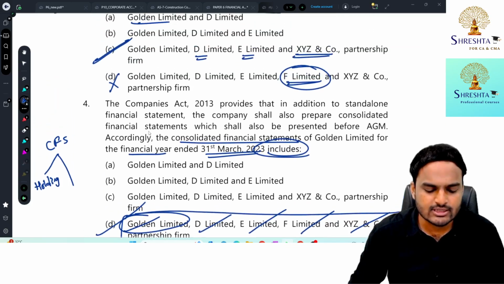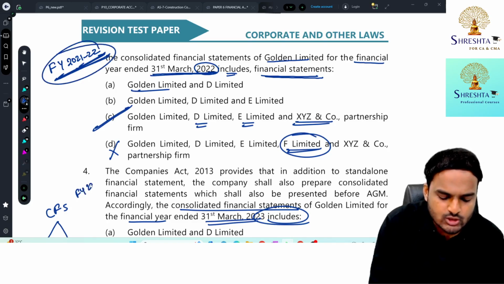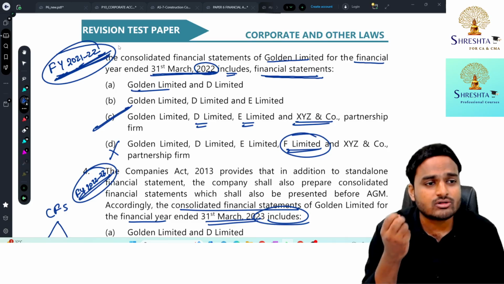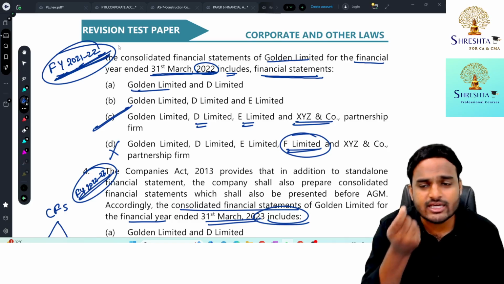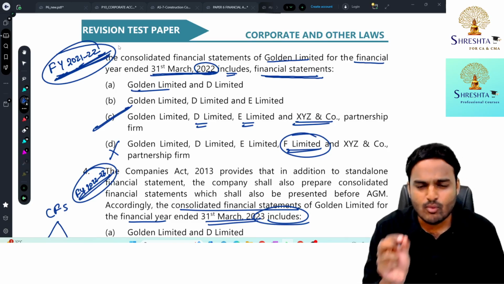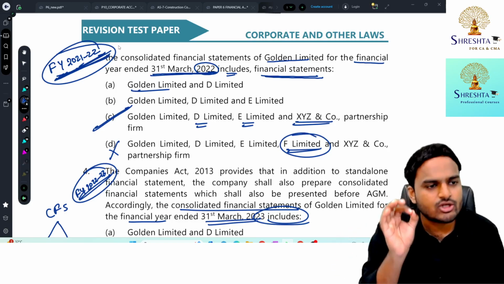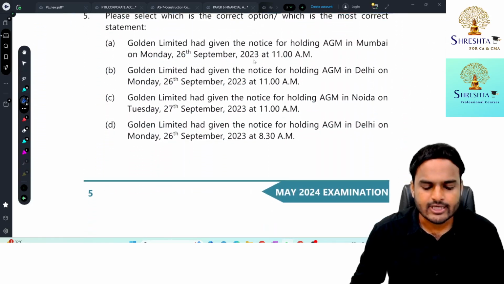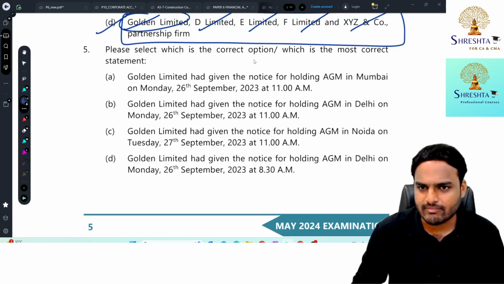Understood? Question 3 is with respect to financial year 21-22. Question 4 is with respect to financial year 22-23. Understood? So you have to pay a lot of concentration. Each and every point in the case scenario is important to answer multiple choice questions. Understood? A small amount of negligence costs you marks. It definitely costs your attempt. Understood? So pay attention.